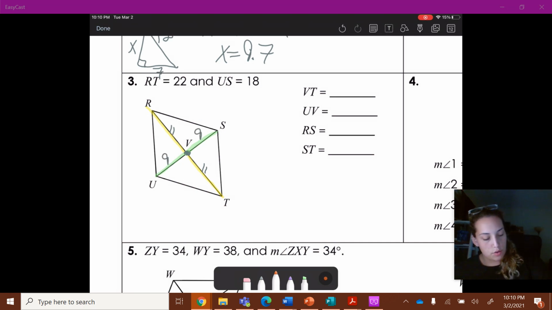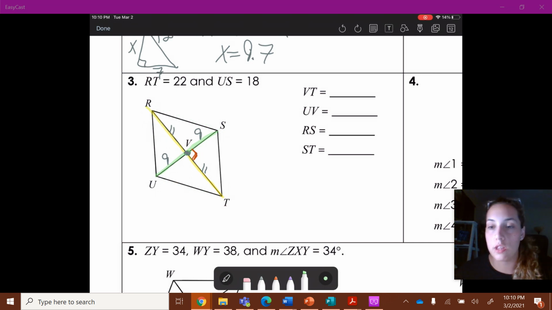I also know that I have right angles in here. So I've got 4 right triangles. 1, 2, 3, 4. There are 4 right triangles in here, whether you believe me or not. So the length of VT is 11, because I already know it's split into those 2 parts, 11 and